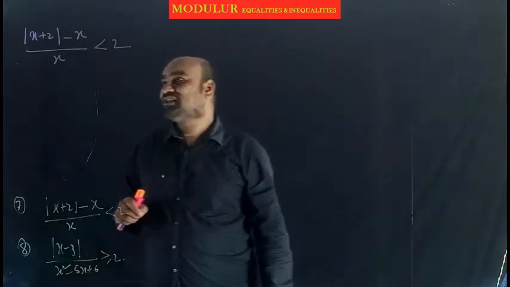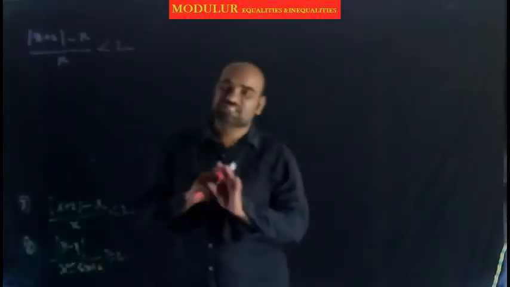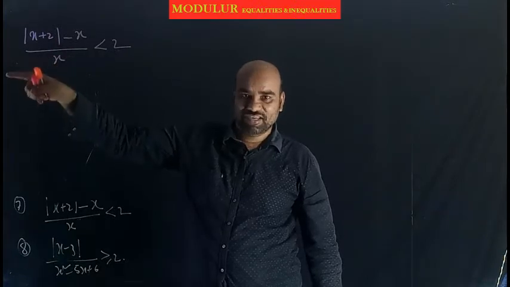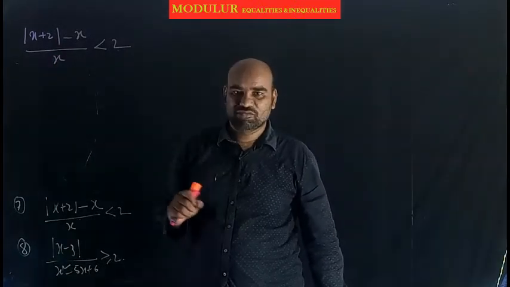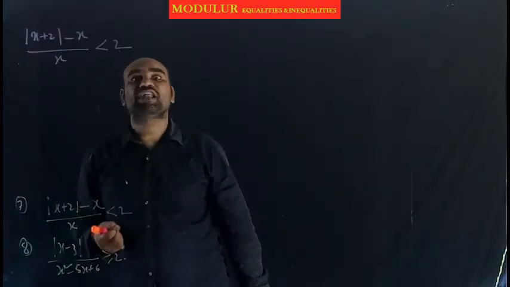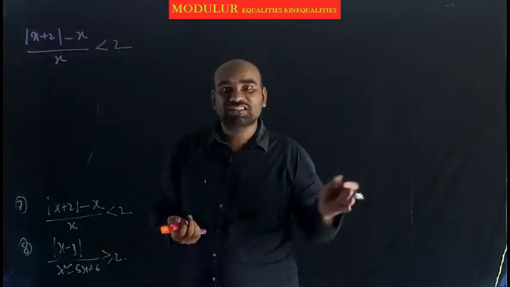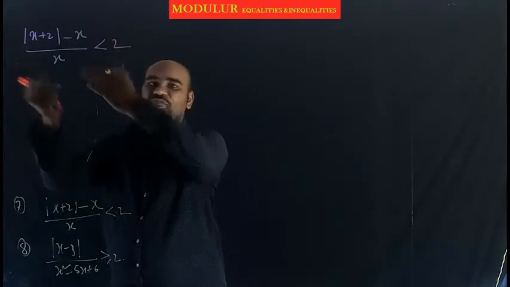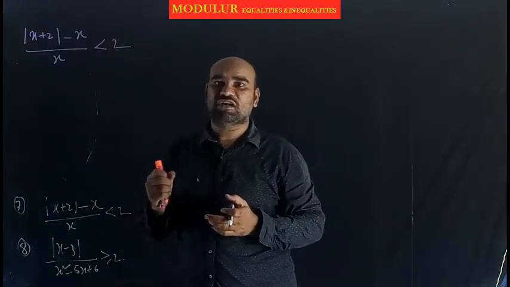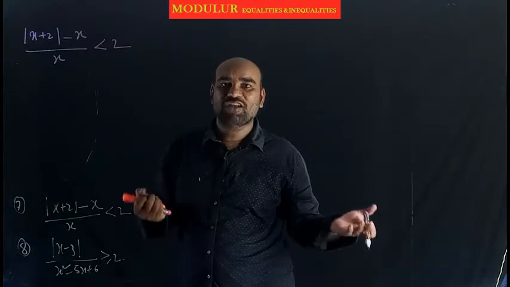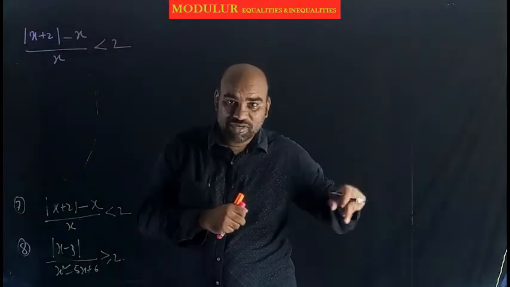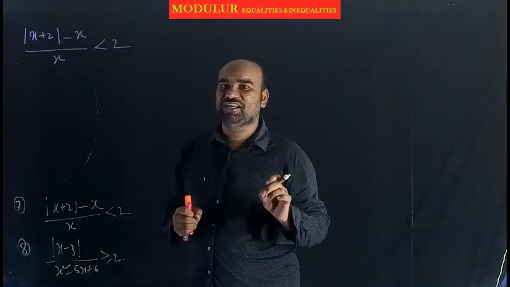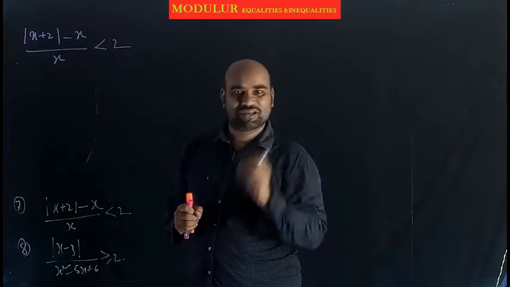Another thing is, while observing the problem you can say that x is never 0. If x equal 0, this is undefined. The LHS part of the inequality is undefined. So that is called the domain of the problem. For any problem we want to solve, first of all we want to identify the domain of the problem. Domain of the problem is the values of x for which the function is defined. Any x it is defined except 0. It means you want to find the solutions in real numbers except 0. Our domain is R minus {0}. In that R minus {0} you want to search for the solutions. For any problem, especially in logarithmic inequalities, the concept of finding the domain is important.